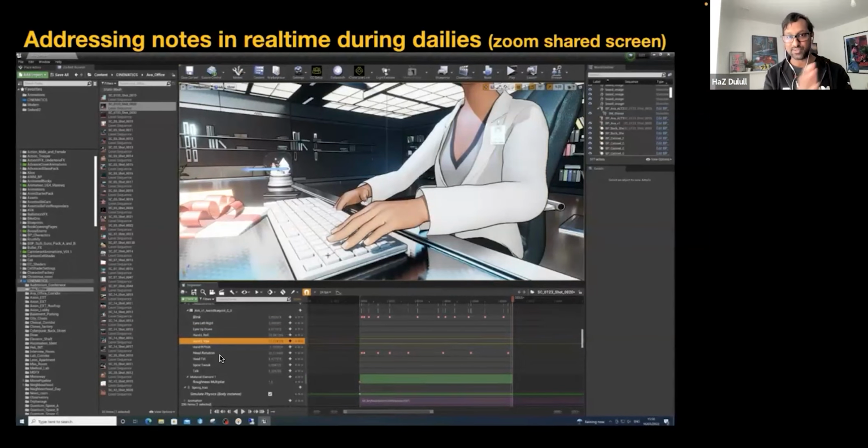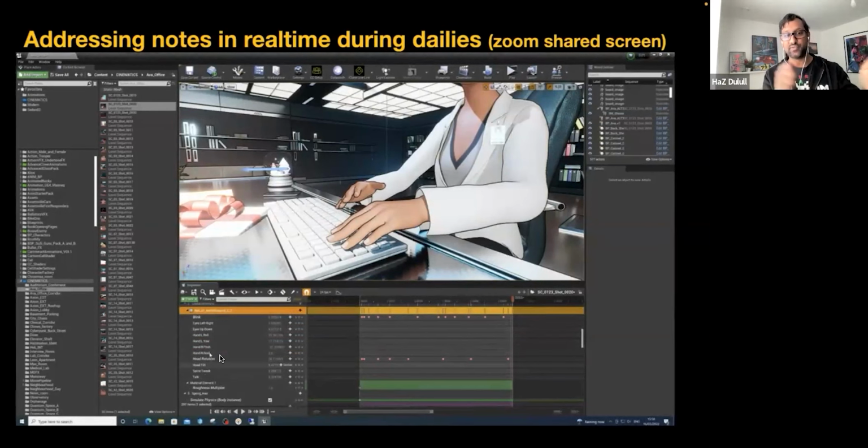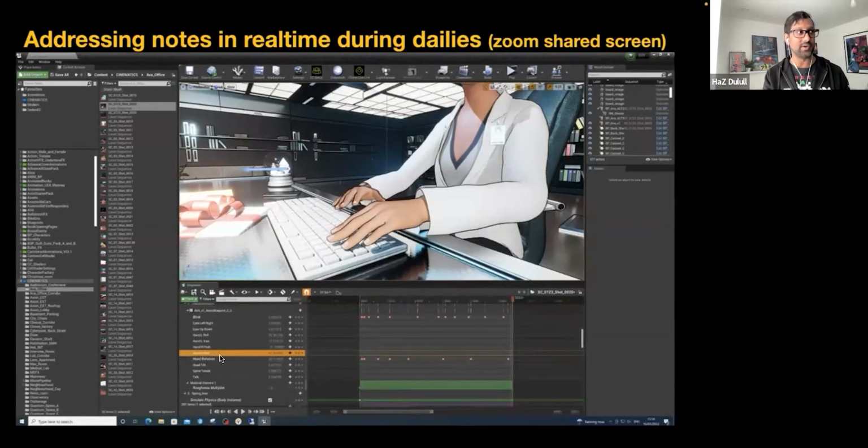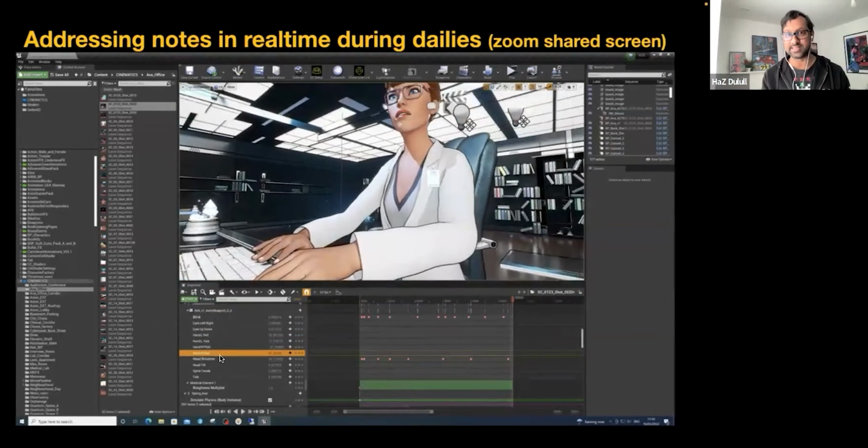So by the time we finish our Zoom dailies, 90% of the notes have been addressed. And there's only 10% of stuff like rebuilds, retexturing, reshading, which you don't want to do on a Zoom call, right? But things like this you can adjust. And that's because of the tools we built in Sequencer that really allows us to do things on the fly. So yeah, Zoom dailies were very, very efficient and productive for us, which is why we're able to pull off a full animated feature film in like 2 years, as opposed to like 4 or 5 years of what it usually takes to make these films.